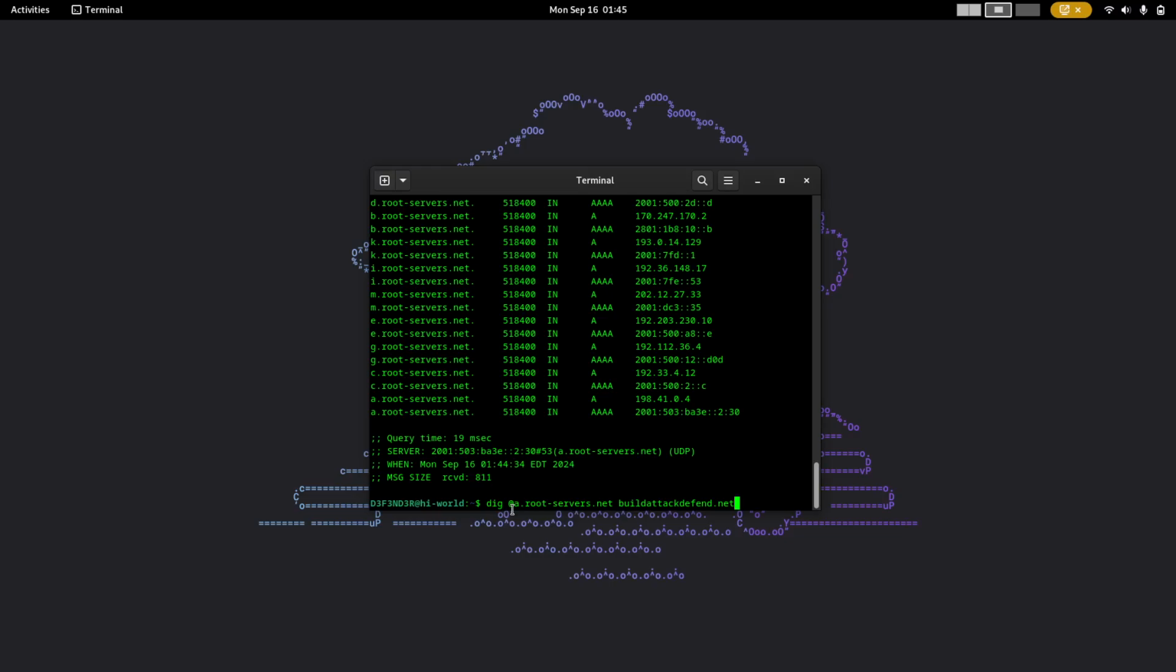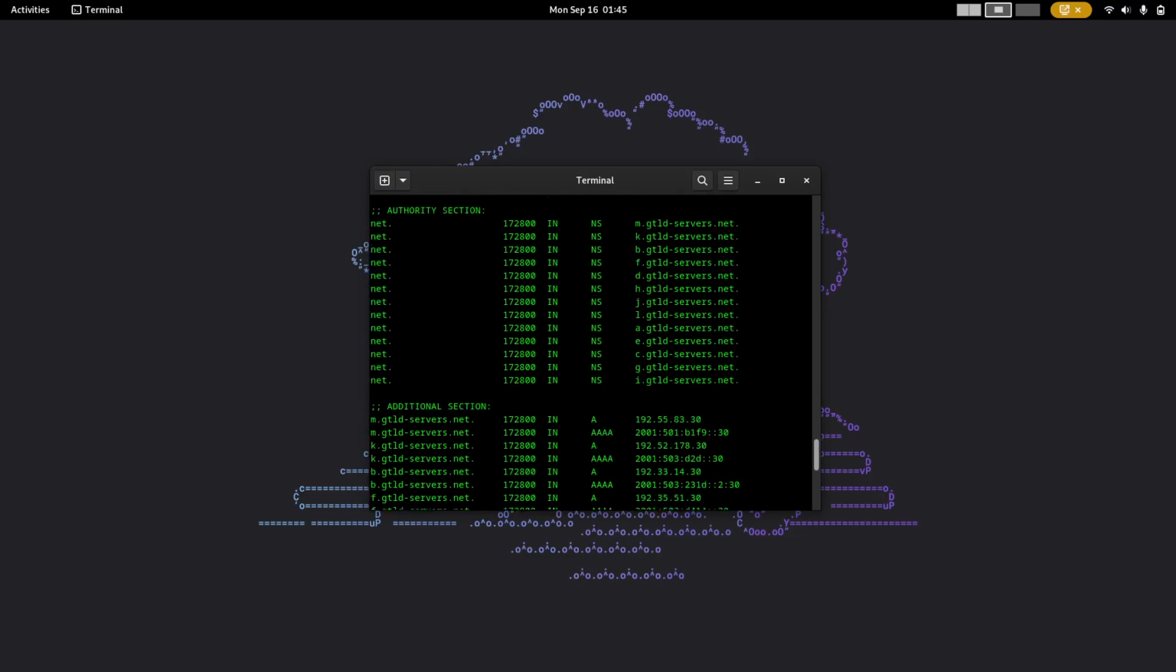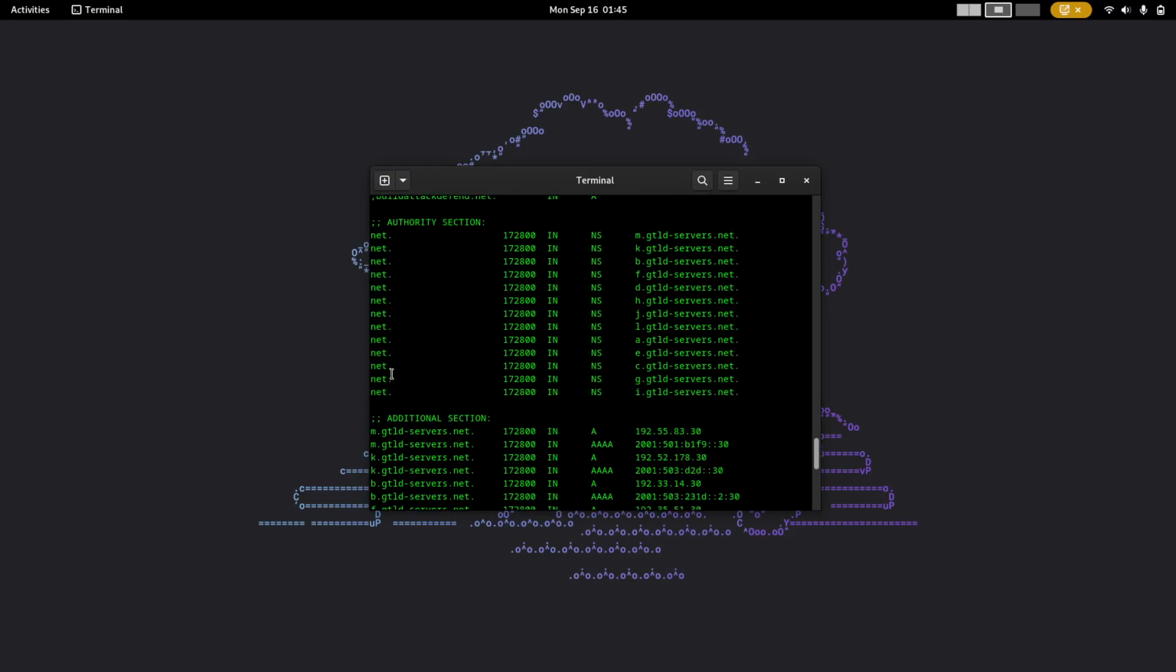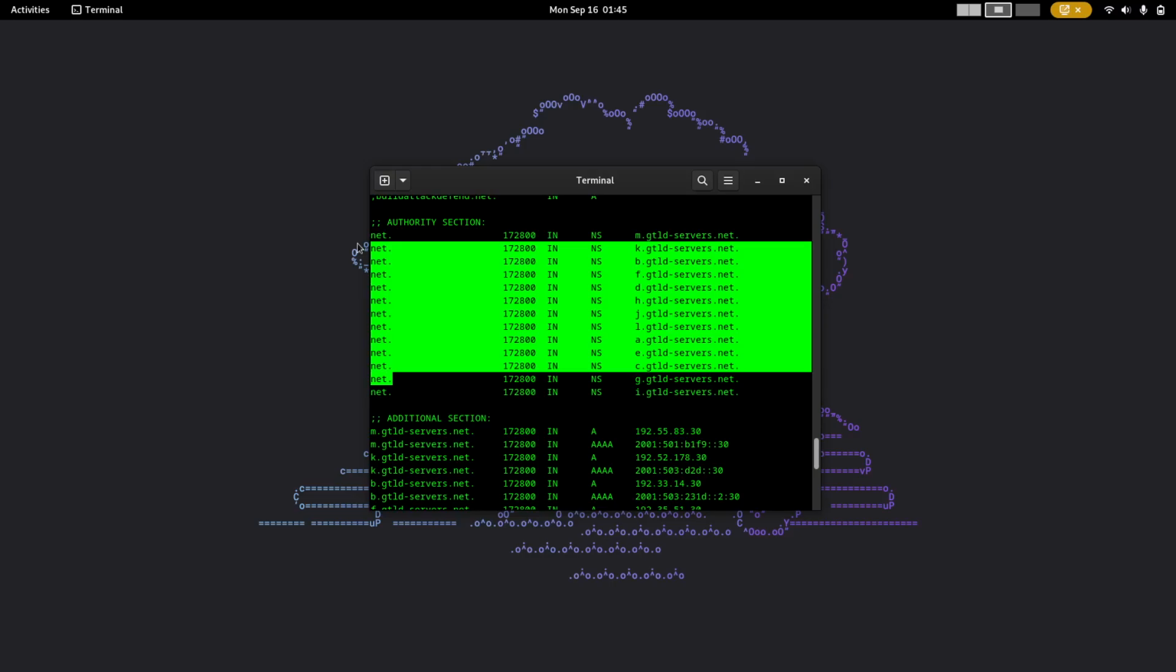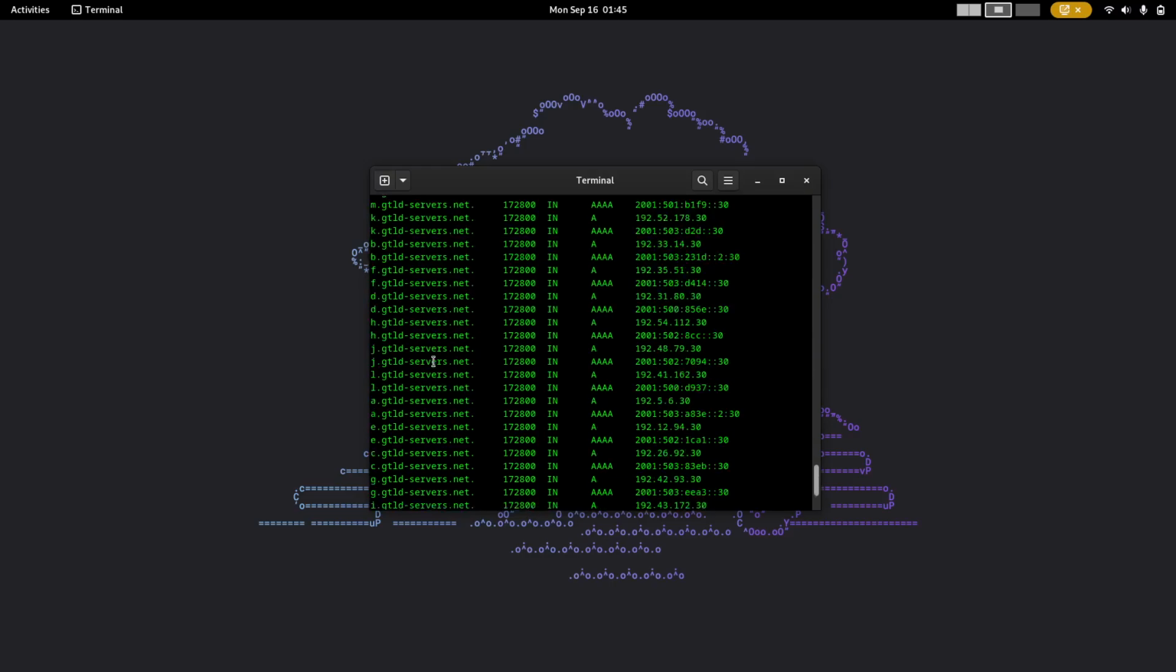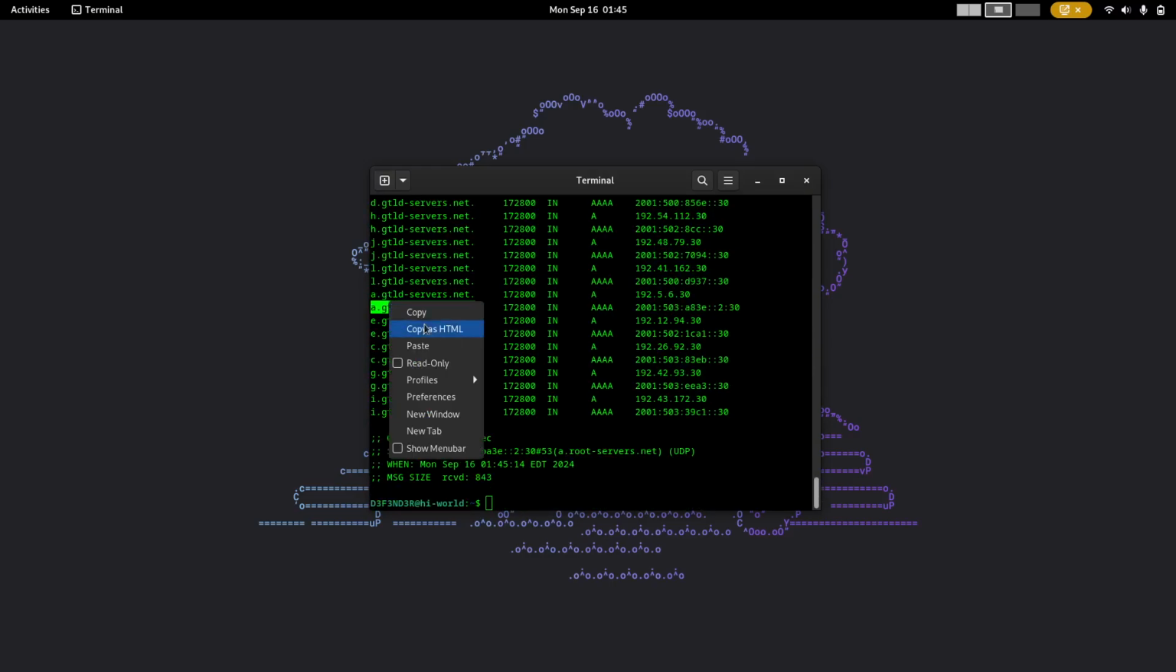So again, we're going to ask this root name server, hey, do you know the IP address of this domain? Now, our root server is going to say, look, I don't know the IP address of the domain you're trying to get, but I do know the top level domain, which is .net, right? So the top level domain, for example, can be anything ranging from .com, .org, .net, or .mil for military. So we're going to query a random